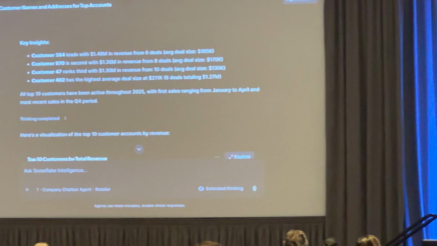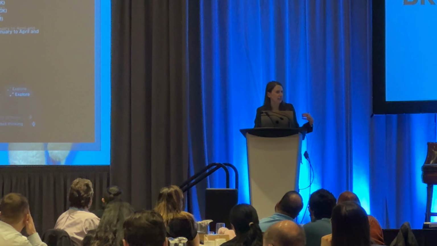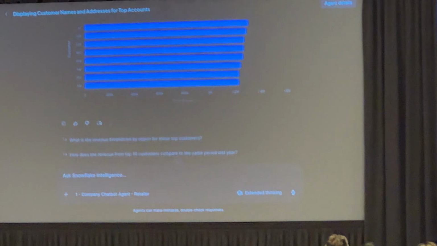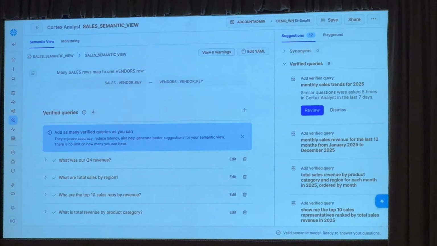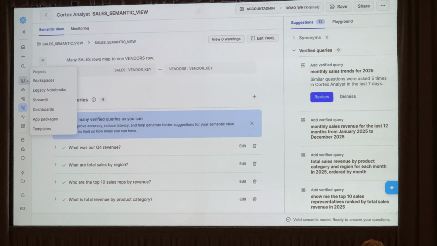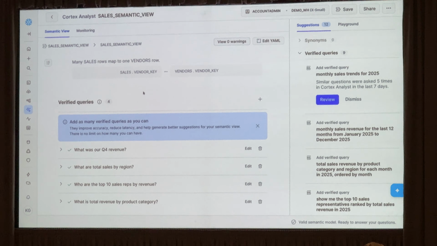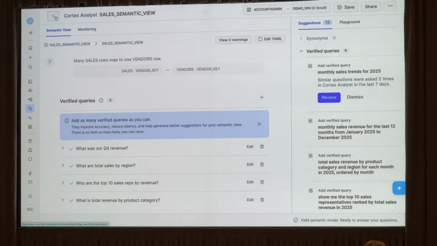So we can see the masking is working here. We've got this now by customer key. It was able to understand what I was asking it to do when I asked it to make that change. And we can go back to the full access control and admin view and see everything there.